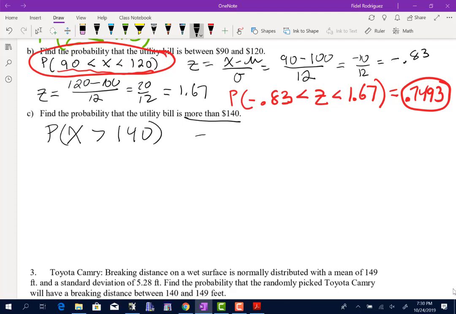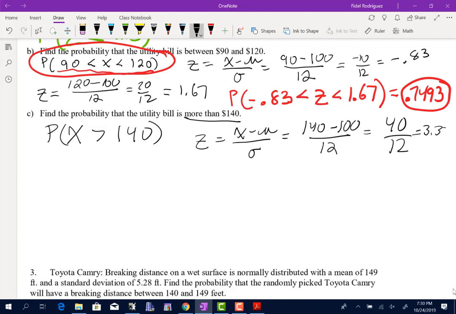Okay, so again, guys, first thing I'm going to do, Z equals X minus mu over sigma. My X value is 140 minus, we said our mean was 100. Our standard deviation is 12. That's going to give me 40 over 12, which you said is 3.33. Now we're going to find the probability that Z is